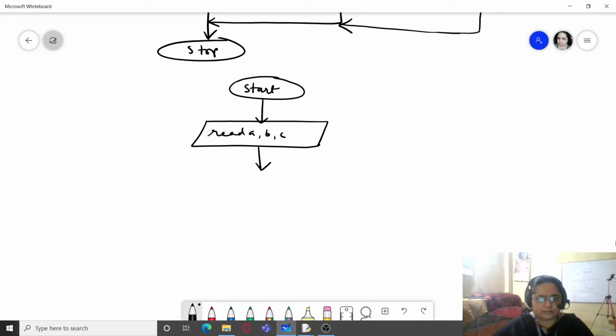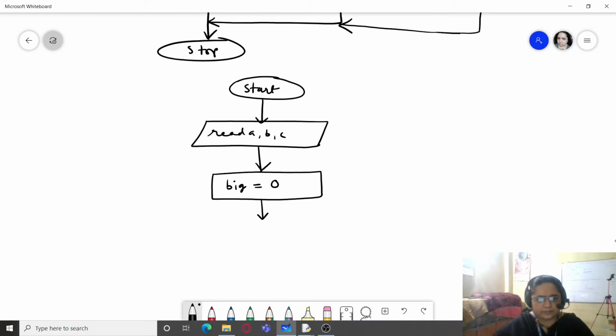Over here we will use a process box. We will take a variable max, or instead of max, I'll take a variable named big. And to big, I will assign the value 0.